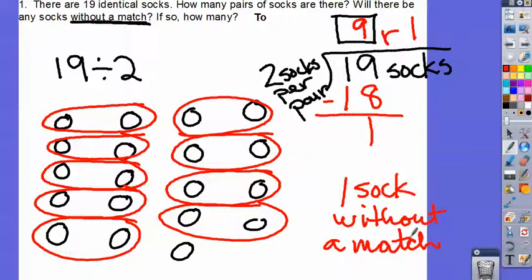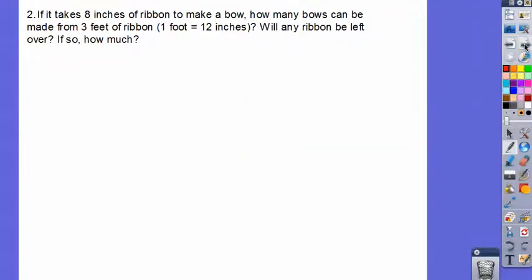Okay, we're going to keep going on this one. We're going to try and do 2 more of these. Okay, if it takes 8 inches of ribbon to make a bow,